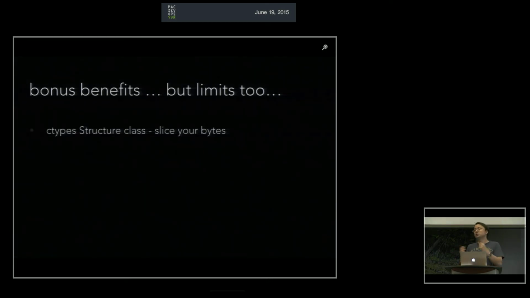So there are other cool things that I like about ctypes other than accessing the private stuff. It has what's called the Structure class. This is necessary for ctypes because the C language is not an object-oriented language. It doesn't have the concept of a named thing that has code that you run off of it. Everything is either a function or a data type. So the Structure class from ctypes allows you to build data types that say there are 64 bytes, and the first 10 bytes are this, and the next bytes are that, and you can give them all names, and then it becomes easy to access them. Now you can reference them by name. I use it for